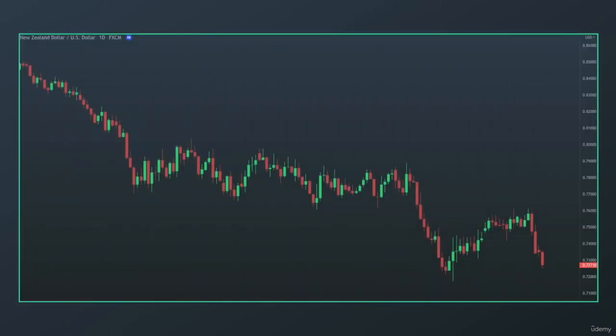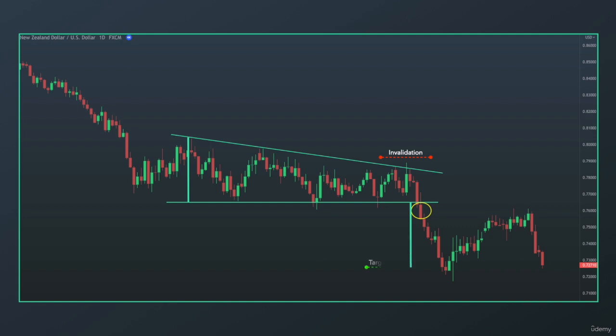Again, let's have an example. NZD USD daily time frame. So coming from an impulsive move downside, followed by this descending triangle pattern. All right, so we will wait for a breakdown for our confirmation, and then put our invalidation above the high, and then our target will be the height of this triangle. Okay,